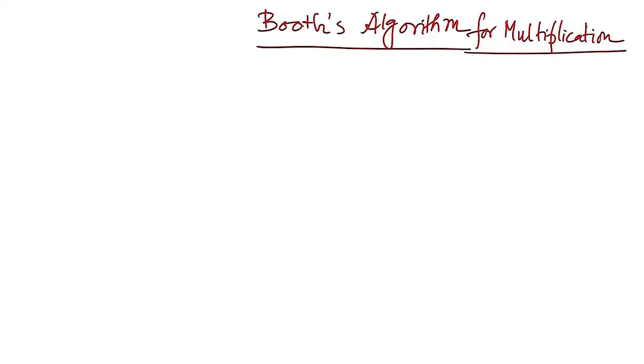Good morning guys. Today we will start talking about a beautiful algorithm for multiplication. It is something called the Booth's algorithm. First we will draw the flow chart of the Booth's algorithm and then we will see one example, not one example, 2-3 examples, and then at the end we will discuss, if possible in today's class, why the Booth's algorithm finally works and why this algorithm is so beautiful. Okay. So, first I will talk about the flow chart of the Booth's algorithm.